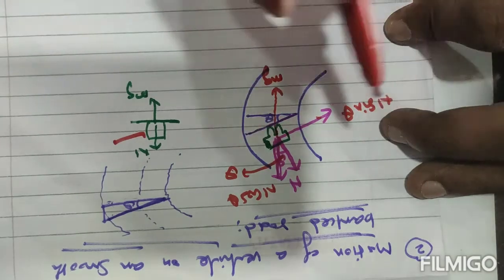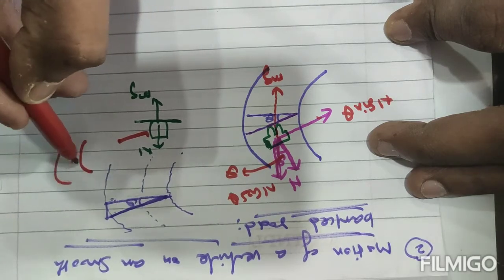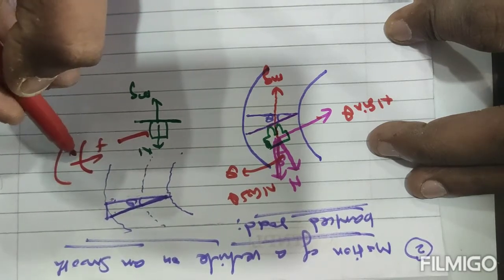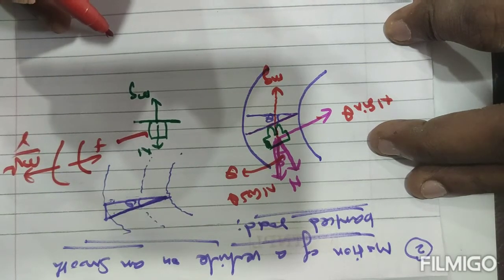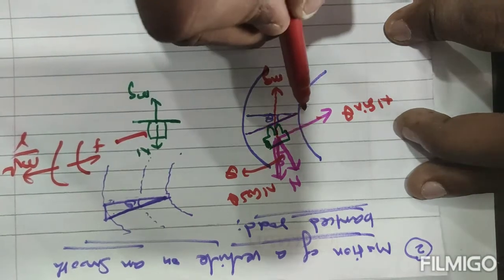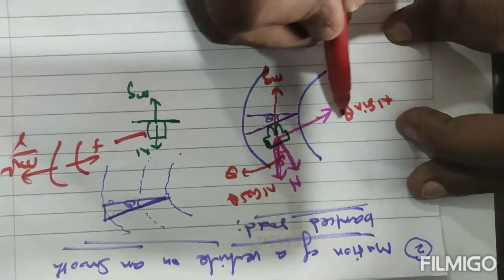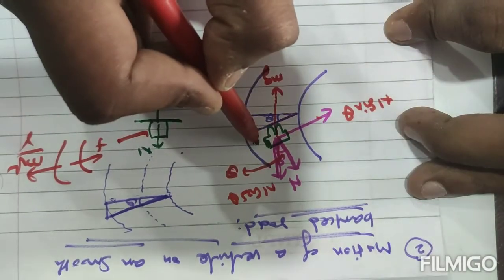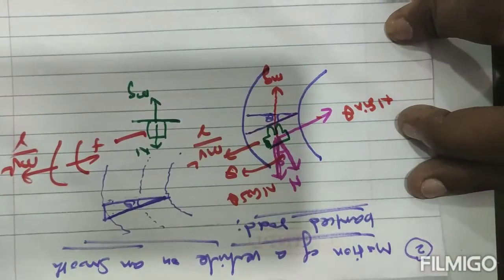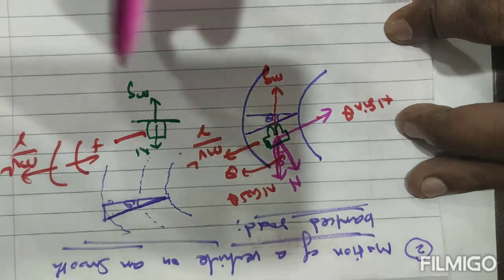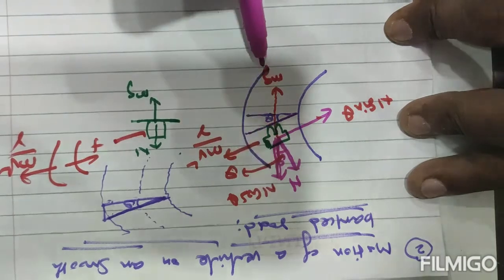Okay, so you know very well already, in the curved path the friction is there on this side, and outside you know mv squared by r is there. But here I didn't consider the friction, because there is no friction here. N sin theta is there, then outside what will come? That outside is mv squared by r. So let's consider n sin theta and mv squared by r, and n cos theta and mg.